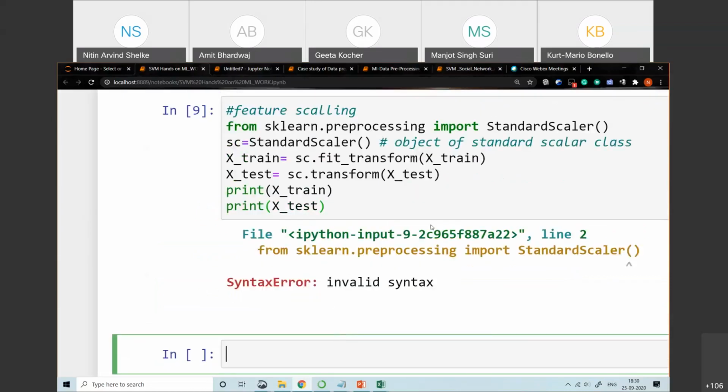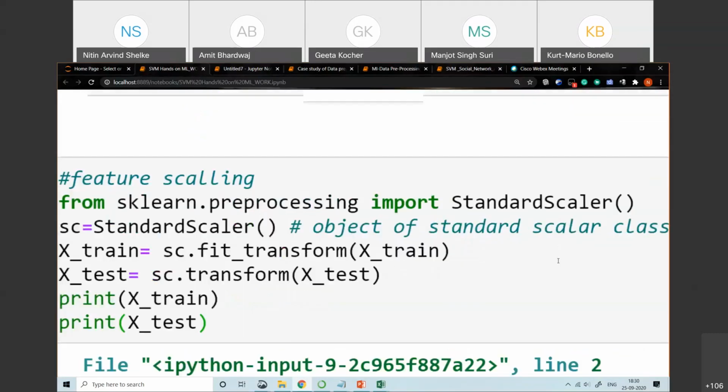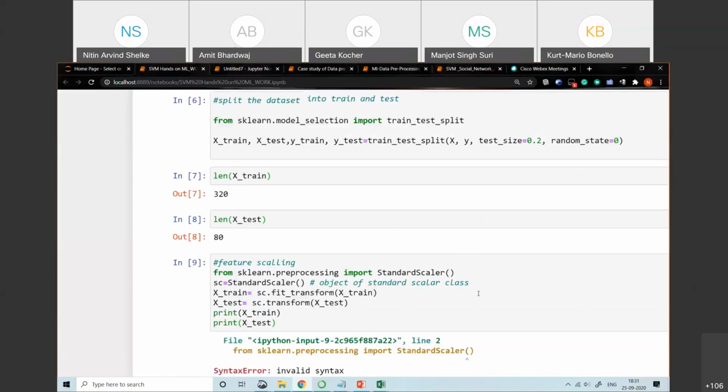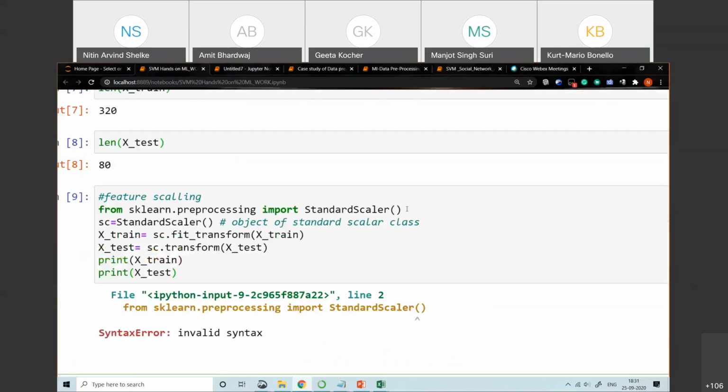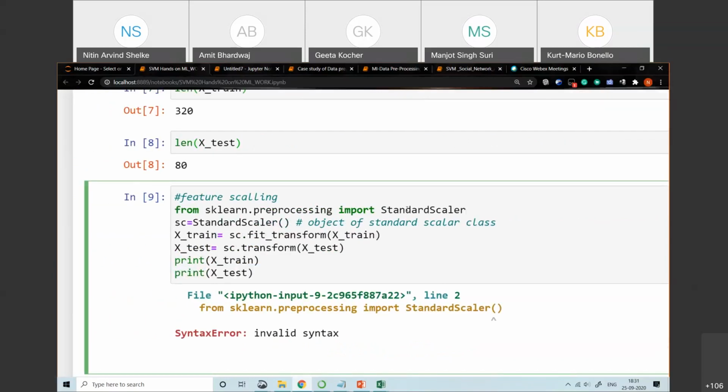There is an error in the StandardScaler, so let me just check the spelling. StandardScaler. In bracket, no, the bracket is not there. Right. Done.